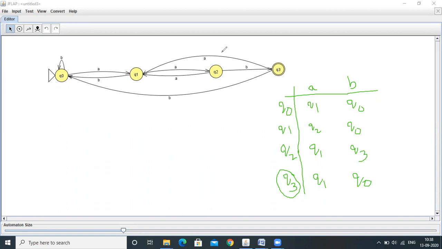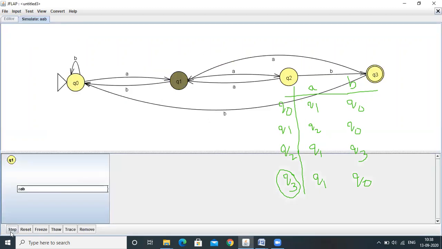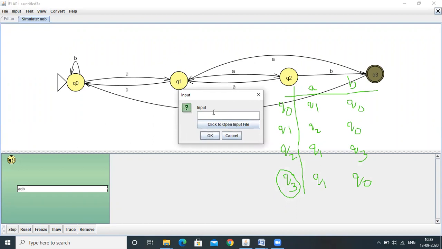Next, let's validate the designed automaton by supplying different inputs. AAB is an input. Q0 on A, Q1, Q1 on A, Q2, Q2 on B, it is accepted. Let's take another input: double A, double AB, again AB, AAB.